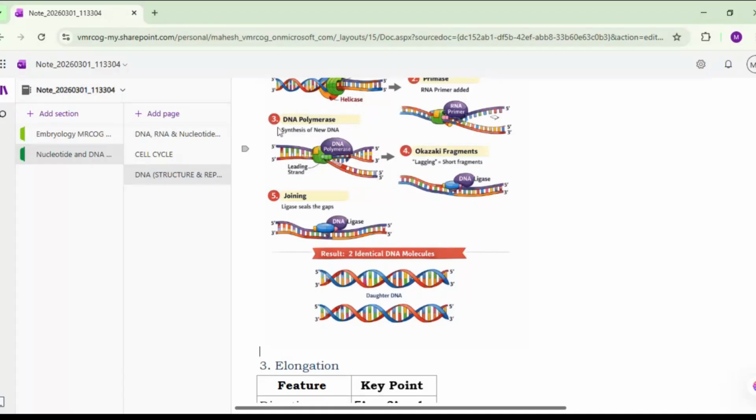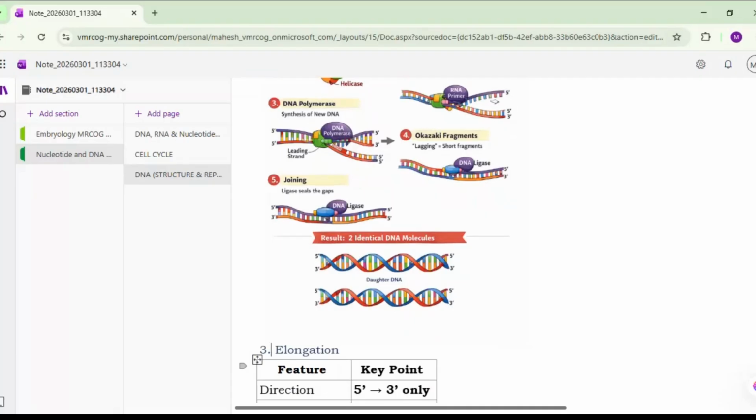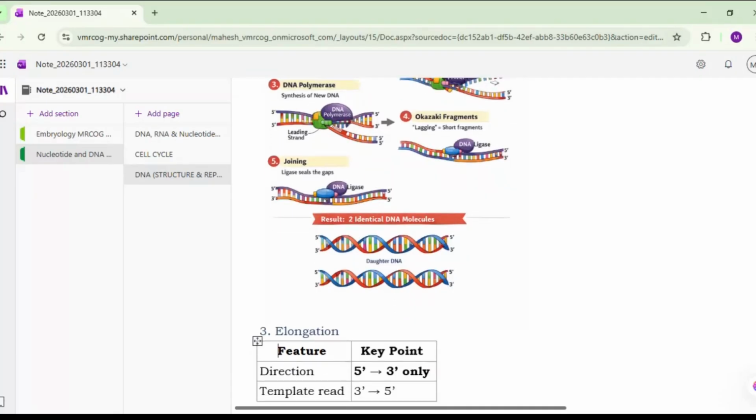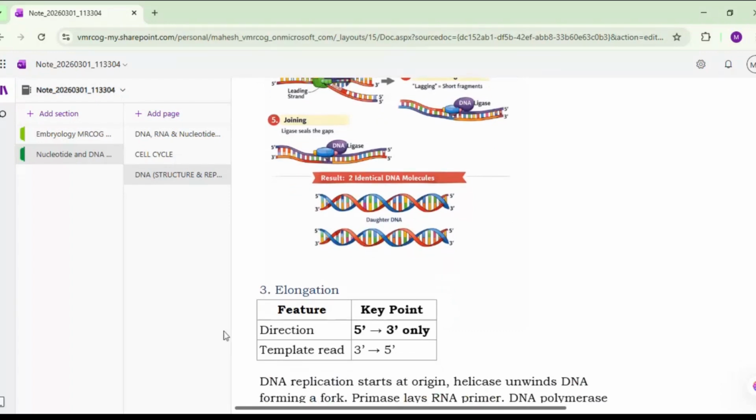Okay, and then comes the role of the DNA polymerase. So that we will see subsequently. The next step is the elongation. The elongation will happen in the 5' to 3' direction only. Here you should remember that elongation happens in the 5' to 3' direction, while the template is read in the